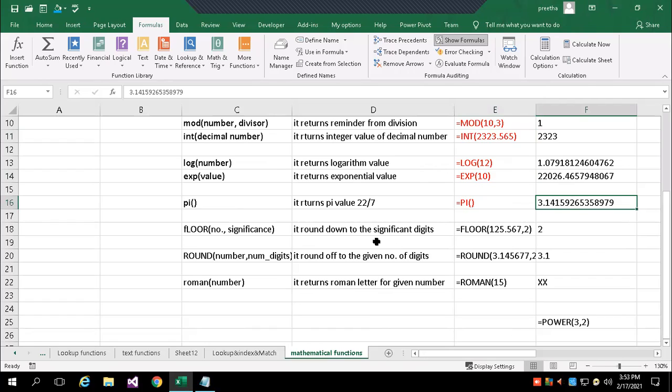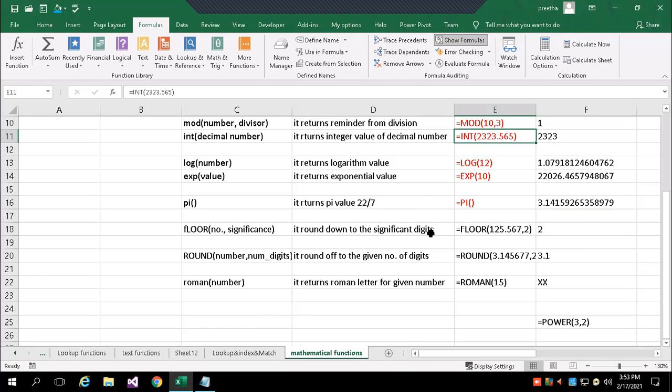Okay. Then when you are calculating, you may want to round off. So int is from an expression where I want to extract only the integer portion. In this case, if you see here, the integer of 2323.565, only 2323 will be extracted.